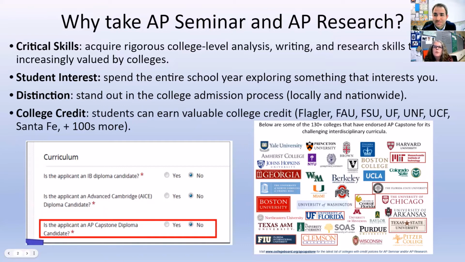And you don't have to be a researcher when you come into class. That's the skill you're going to learn, and that's why I think it's exciting, because you could pick anything from comic books to homelessness. Both courses prepare you and take you through the research process so that by the end, you are a researcher because you have those skills.